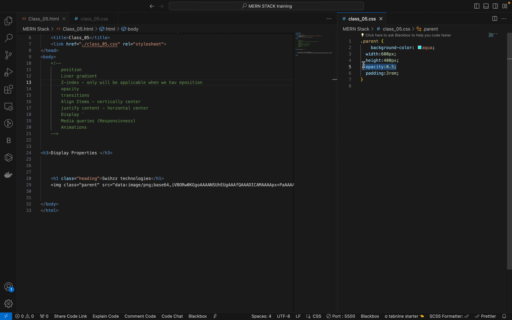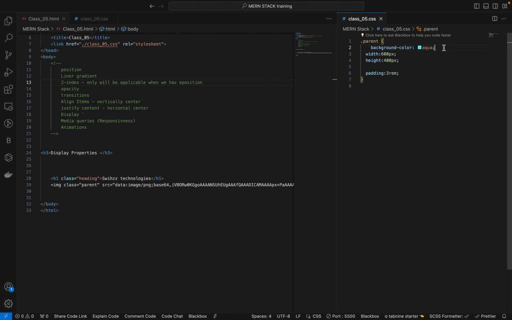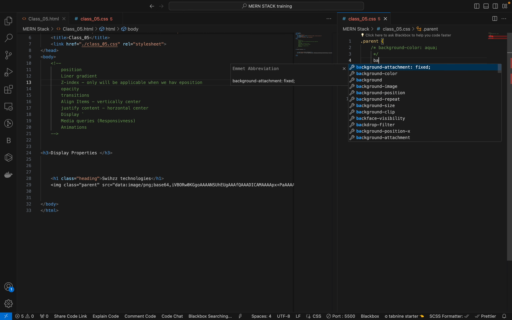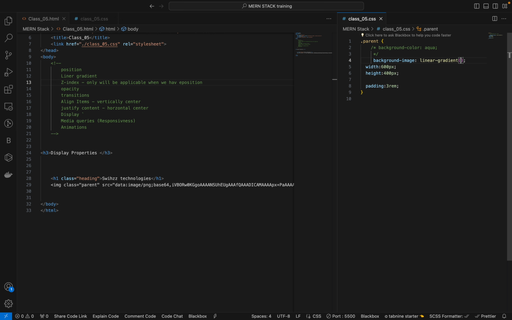No, we don't need the opacity. So you have black color, now you have the background of blue color, right? But sometimes you need a combination of colors like red and yellow or blue or white, anything. So at that time, instead of background color, you have to give another property, which is the same as background image, as a linear gradient, a function where